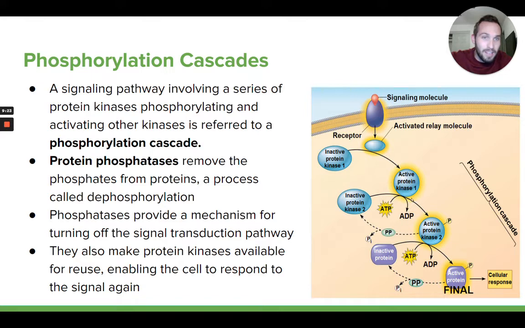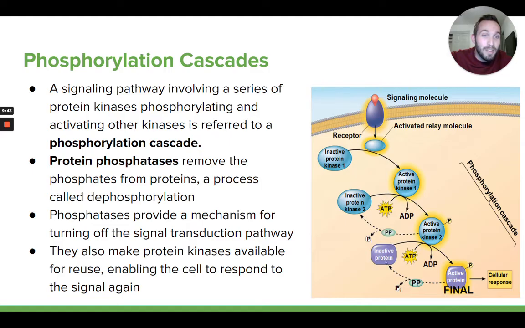That's what this guy does. That's the chemical reaction that he catalyzes. He transfers the phosphate from ATP to this protein kinase. Now this protein kinase 2, when it becomes phosphorylated, you can see it even changes shape here, and now it's in its active shape. And then his job is to, again, go find another specific protein, this protein here, and